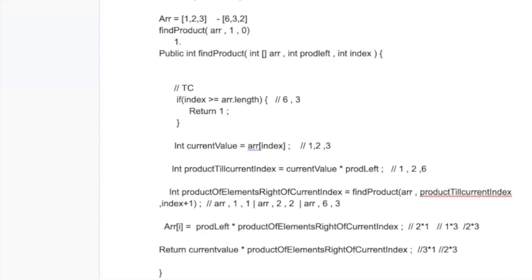Does it make sense? I know it's a little complex to understand at the first go, but if you try to look at it closely, it will not be that tough. If we know how the recursion works, and if we know the meaning of the function that we have defined, and you calmly go through it, I don't think that should be an issue.